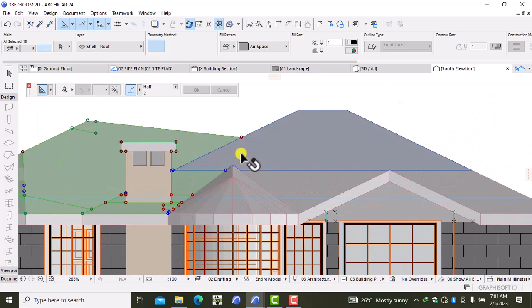So this one I'm selecting the roof planes,